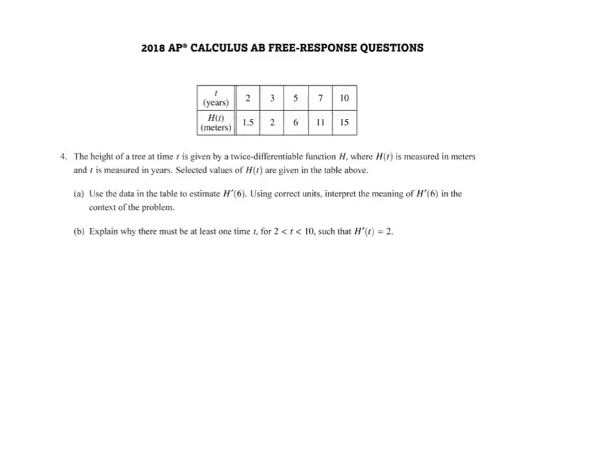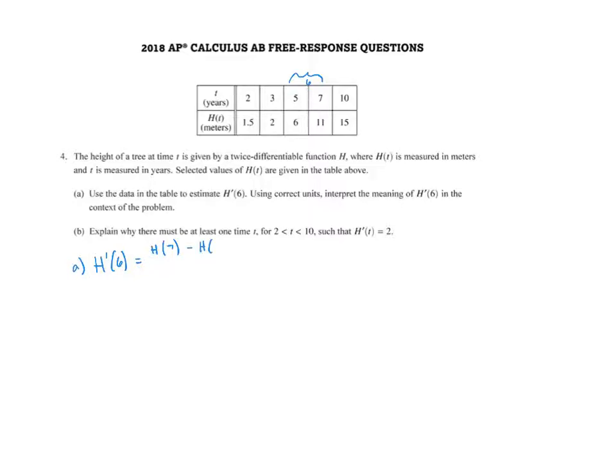So part A, like many table questions, asks us to estimate h prime of 6. So the derivative of h, the instantaneous rate of change of h at t equals 6. Well, t equals 6 would totally fall right here between 5 and 7. So my best approximation of h prime of 6 would be using the average rate of change between 5 and 7. So to estimate h prime of 6, we're going to look at h of 7